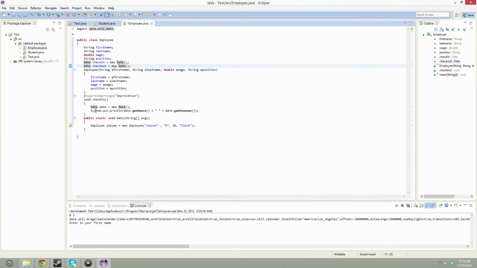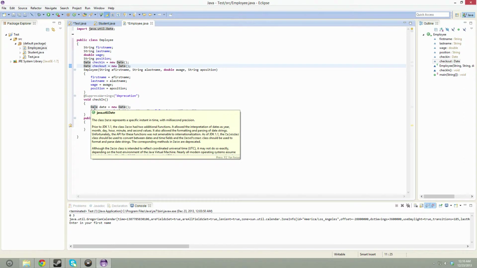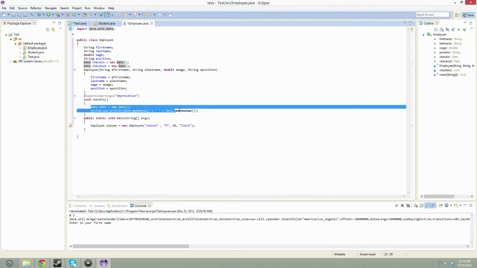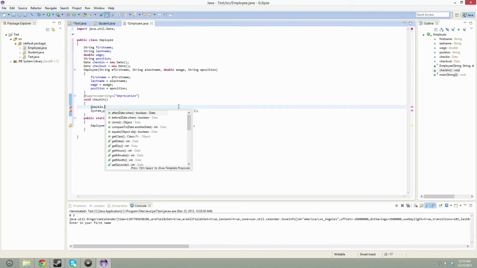Now, we have the import up here on the top. Make sure you have that import, it won't work otherwise. So we're going to say checkIn dot